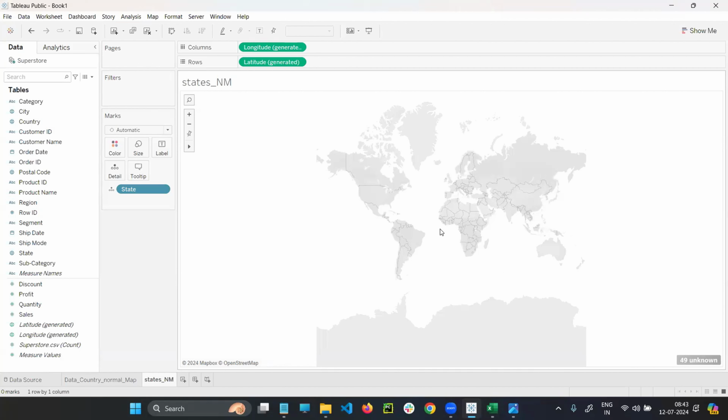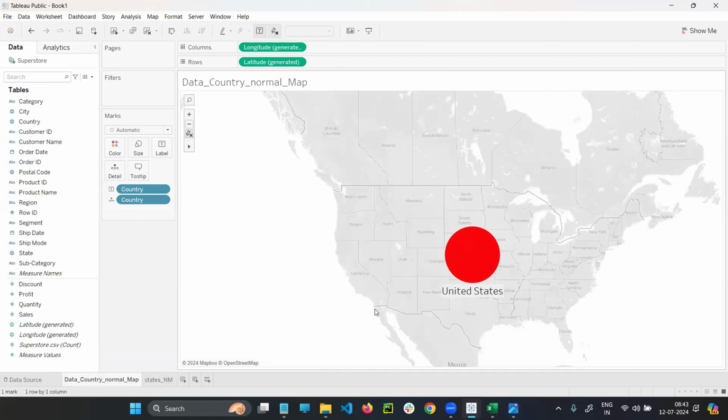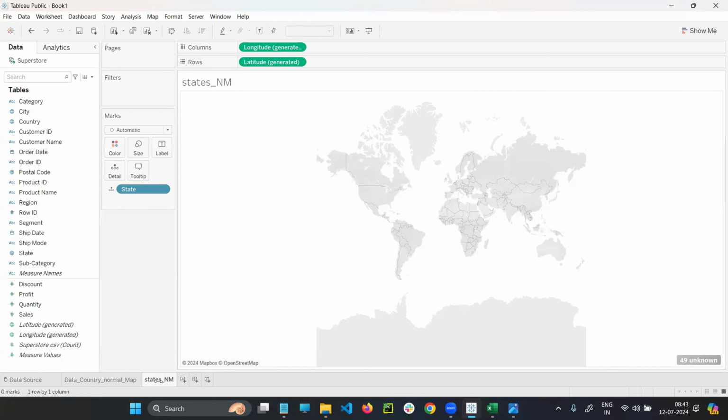So in India, is California there? You can ask me one question. In that case, sir, we selected India, no? Then why is the America map coming? That's what I'm saying. Tableau can understand the country names, but when coming to the state names, yesterday whenever you downloaded Tableau, you gave your credentials and said that you belong to India. In India, in my state column, everything is California, Florida, Texas, Georgia, different things are there. Are those things available in India? No, right? So what it is telling, whenever you are dragging